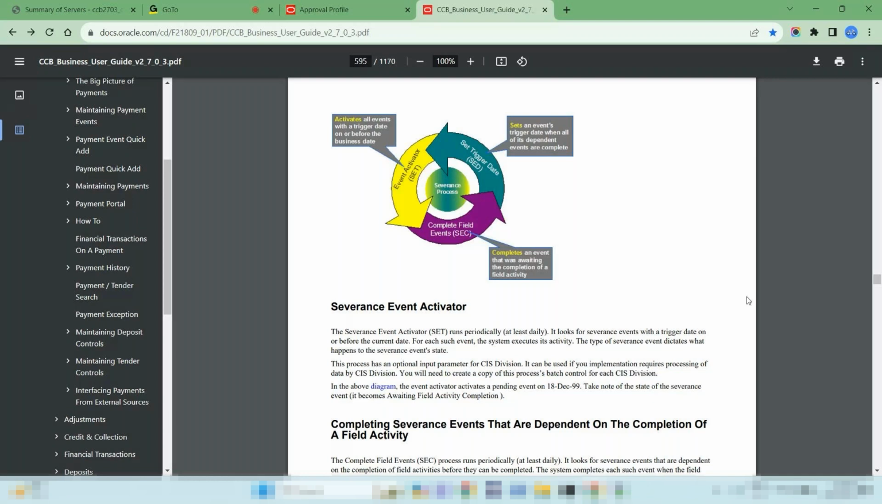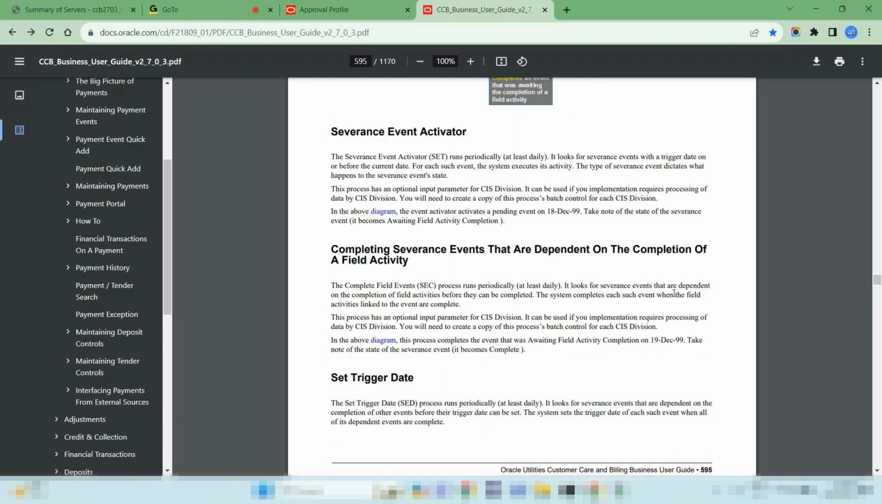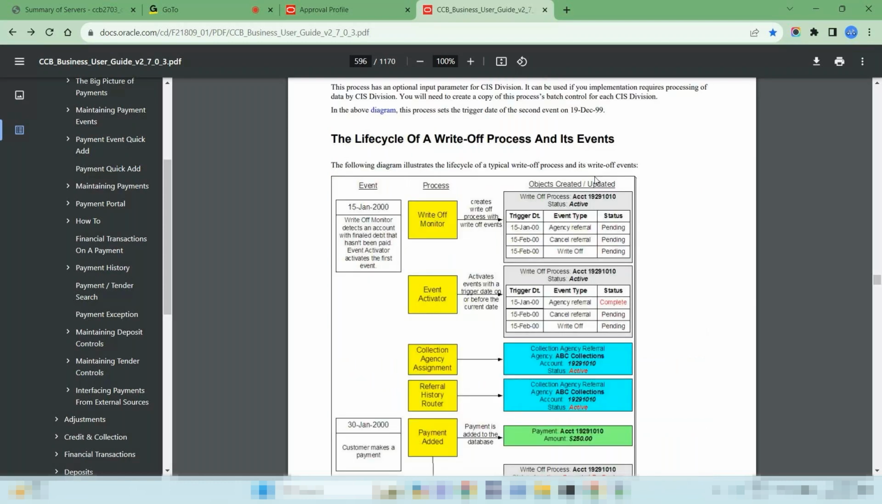You can check this also. Now see the severance process. Once the severance process is completed, it will go to the third process, which is called the write-off process. That is called the write-off process. It also has